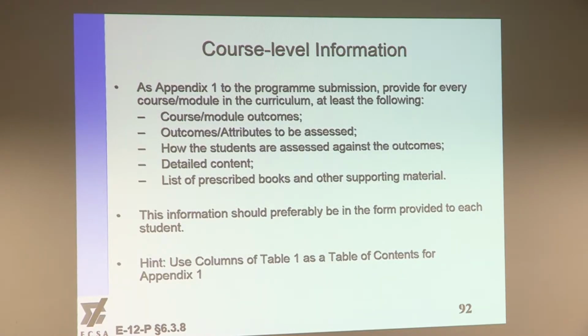Course level information is appendix 1 to the program submission, provided for every course or module in the curriculum. It is the following: course module outcomes, how outcomes are to be assessed or attributes, how the students are assessed against the outcomes, detailed content, and list of prescribed books and other supporting material. This information should preferably be in the form provided to each student. Hint: use columns of table 1 and the table of contents for appendix 1, as we refer to in